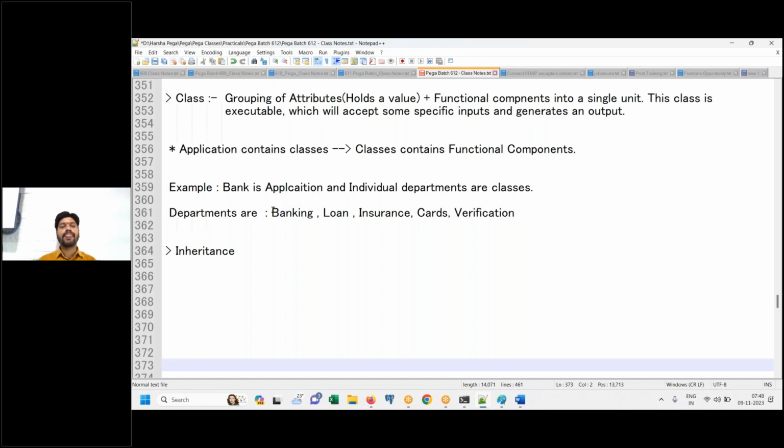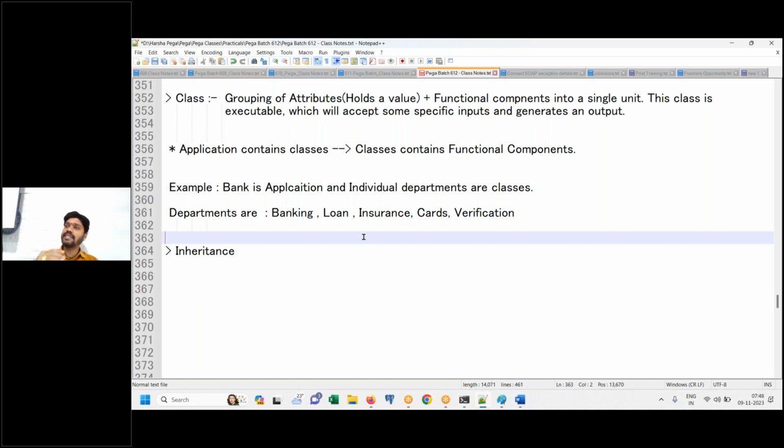Now, see, these departments are classes. Is there any need for these departments to communicate with each other? Each department individually performs its task, for sure. But while it performs its own business transactions, is there any need to interact with another department and request some processing? Will there be any such need? Yes or no? This is all general knowledge. This is not technology.